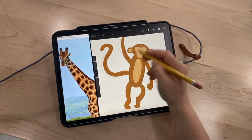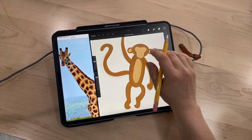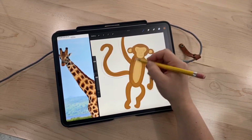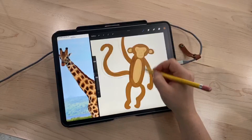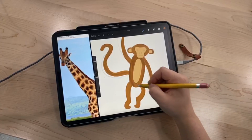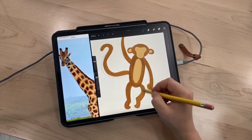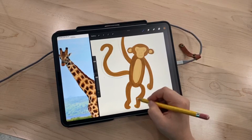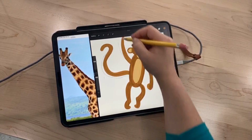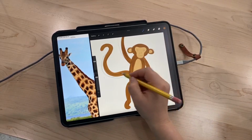I'll use the deep edge brush strokes, and I'm just gonna, nope, I don't have alpha lock turned on. I'm going to turn on alpha lock because I don't want to draw new strokes. I just want to texture up the shape I already drew. The strokes should follow the way that the fur would be, to give the effect of the monkey fur in my head. There we go, that arm. I'm just doing quick little strokes to get the